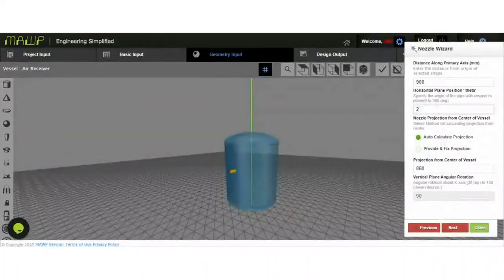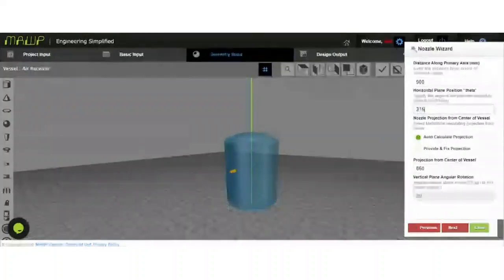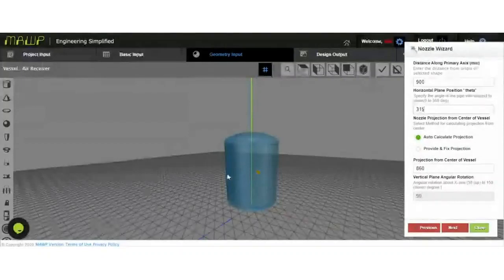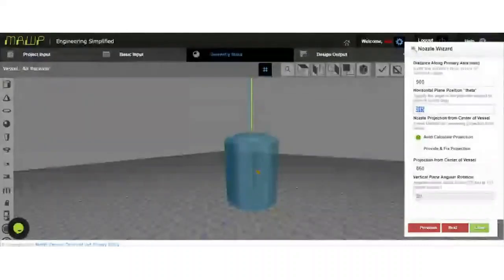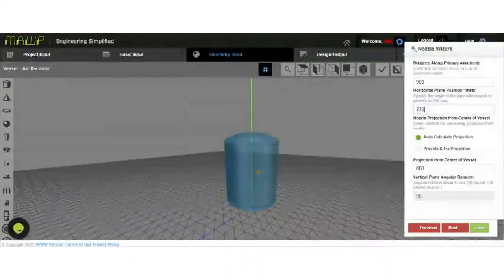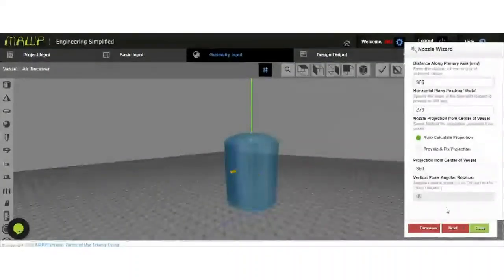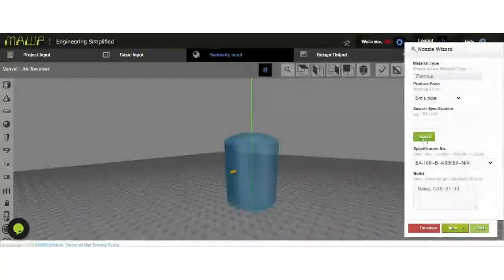Let's change a bit to 315. Okay, we'll go for 270. Select the material.